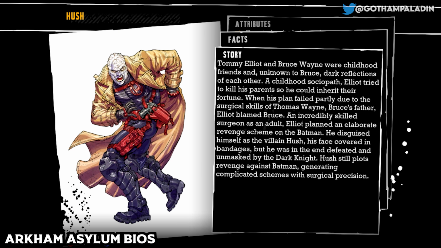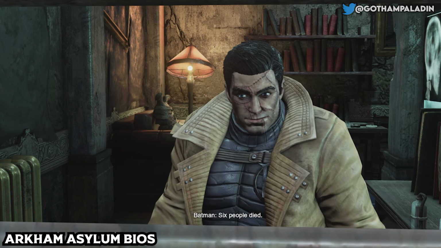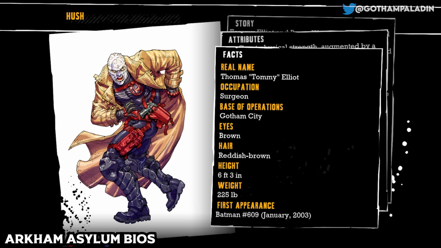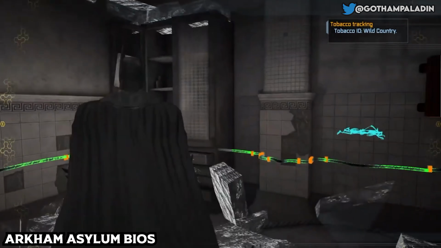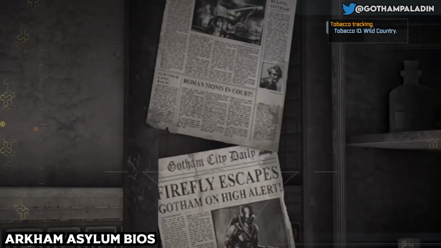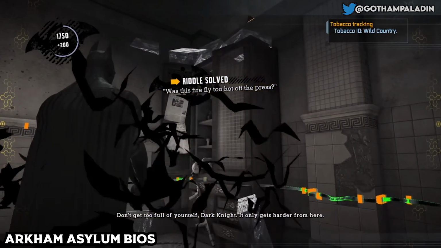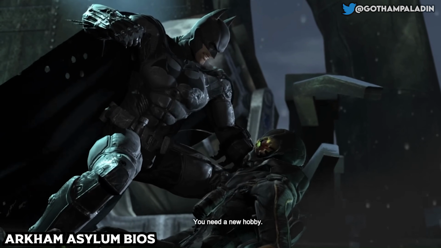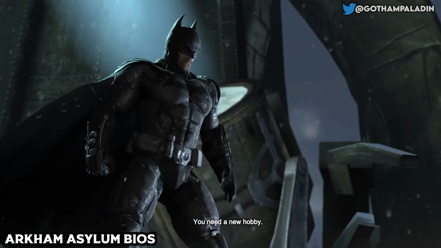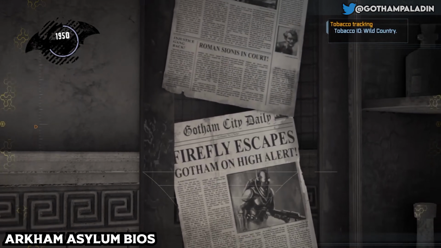For example, Hush has a bio here. It explains who he is, but as we see in Arkham City is the first time Batman meets Hush. So like, why would he have evidence here in Arkham Asylum, right? So boom, that's a retcon. Also, a more nuanced example is Firefly has a newspaper you scan for his bio, which states his attack in Gotham City. But in Arkham Knight, it states that the only times he and Batman fought were in Arkham Origins, like we saw in that game and Arkham Knight. So this newspaper here in Arkham Asylum, that event didn't happen, I guess, which makes it a retcon.